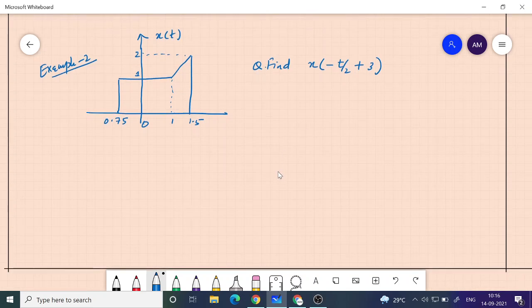Now if you are doing it graphically, let me try to do it graphically first, this particular problem, which, if you are careful, is an easier method. Okay, so we need to go step by step. So first of all, you need to decide which operation you want to do first. Is it the shifting operation, or is it the scaling operation, or is it the inversion operation? So that is something that you need to figure out. So there are multiple ways you can proceed.